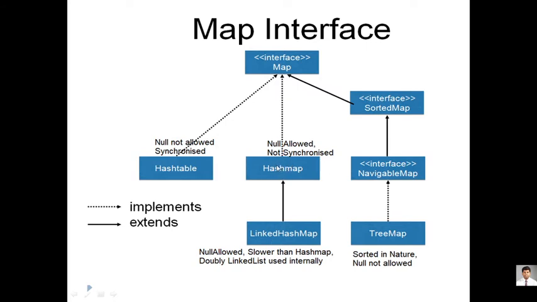a single element is added, only one reference is covered, whereas in a doubly linked list, linking of one element to another, we have to maintain a reference of the previous and the next node. For that purpose, linked hash map is used. The functionalities are the same. Externally, when you go for execution, you get the same output. There is no change in output. The only difference is that internally it is stored as a doubly linked list in linked hash map, whereas in hash map it is stored in the format of a singly linked list.